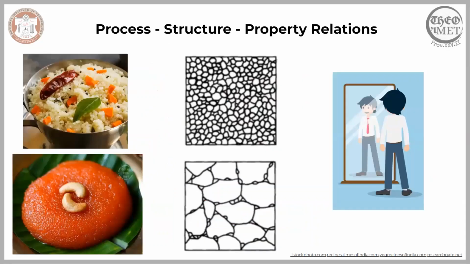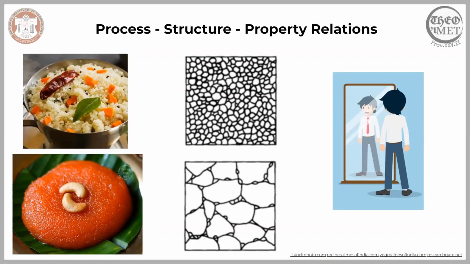Here also a question normally arises: why do we really have to consider the changes happening at such smaller length scales? Let's find the answer with an example. In the left corner, we have two familiar Indian dishes. As you all know, both are made from the same basic ingredient, rava, but the way in which it is cooked influences the way it looks, how we feel while touching, and in turn how it actually tastes. In a similar way,